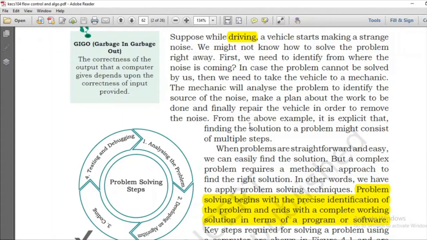So he said, what are the problems you are facing? क्या problem आ रही है? इसमें ऐसी आवाज़ आ रही है, ऐसा कुछ हो रहा है, इसमें कुछ लीकेज हो रही है. So you don't directly tell the problem, you analyze the problem. आपने analyze करा कि इसमें ऐसी आवाज़ आ रही है, इसमें ये लीकेज हो रही है.